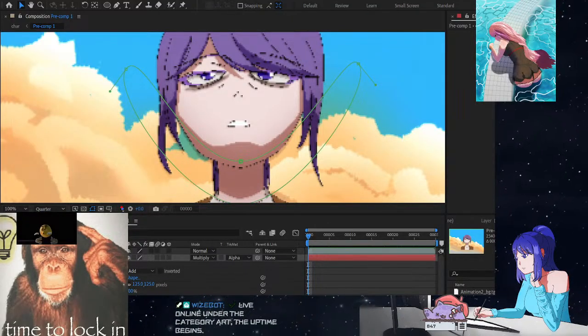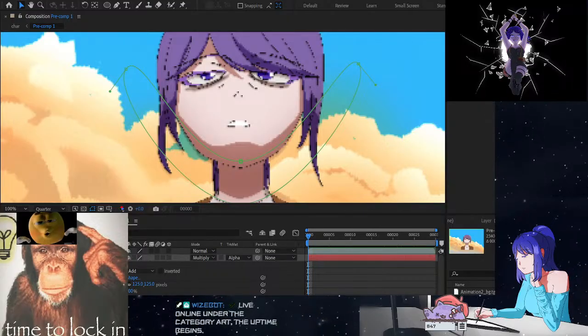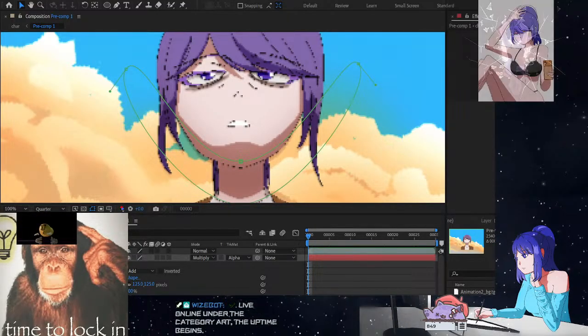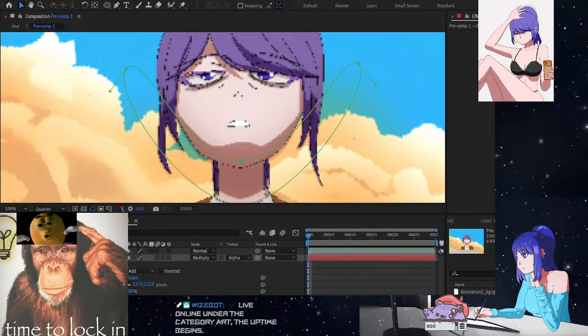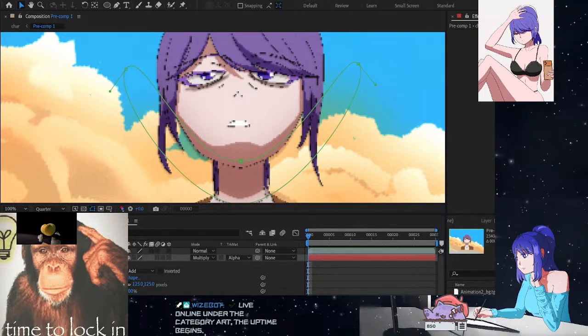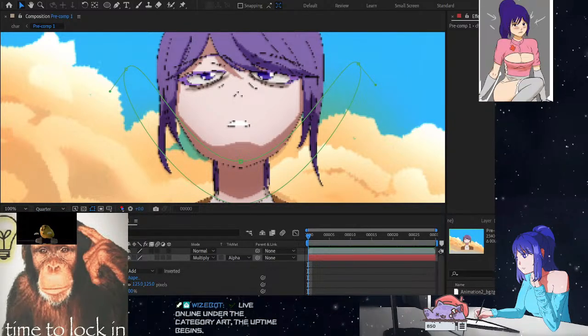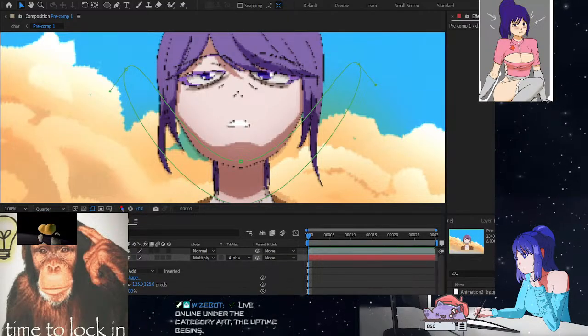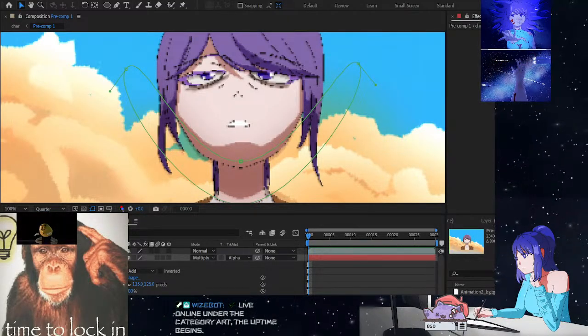So I will duplicate the one we already have and press R to get my rotation options. Rotate it by changing the value and move it into position by using the arrow keys. There it is. This is a hack that I use a ton, and at the end of this video I